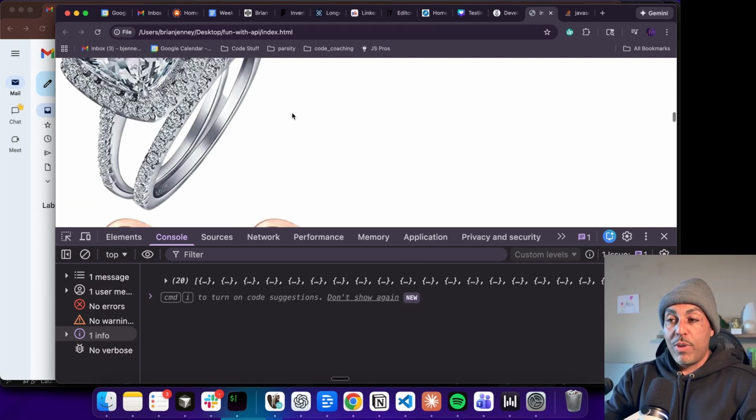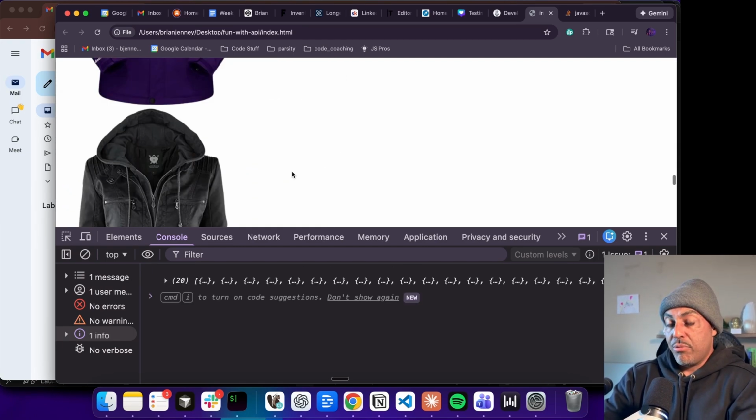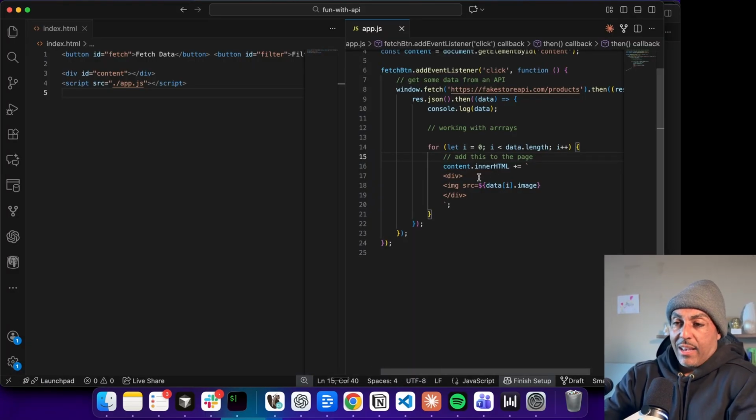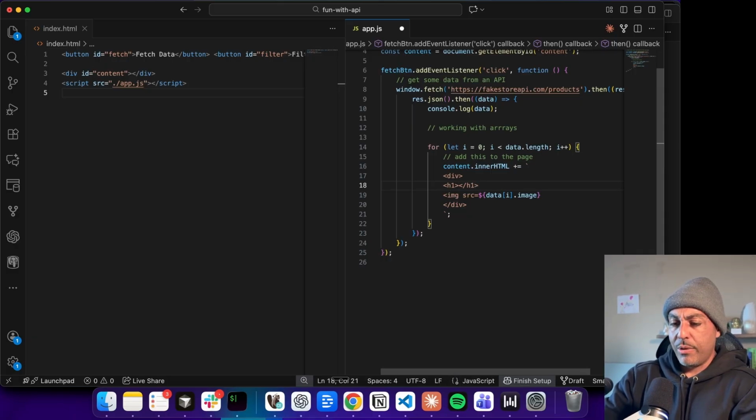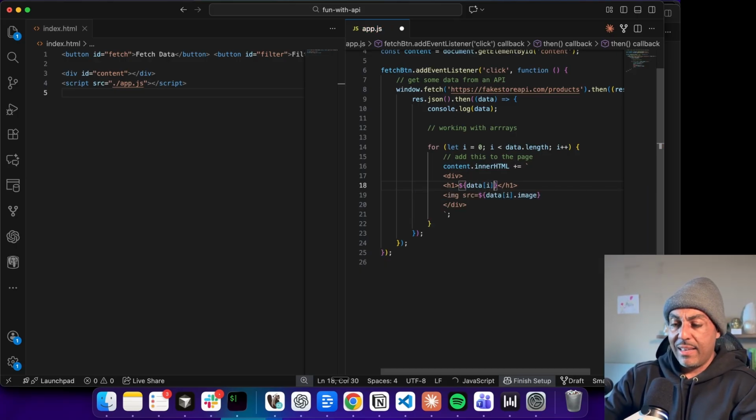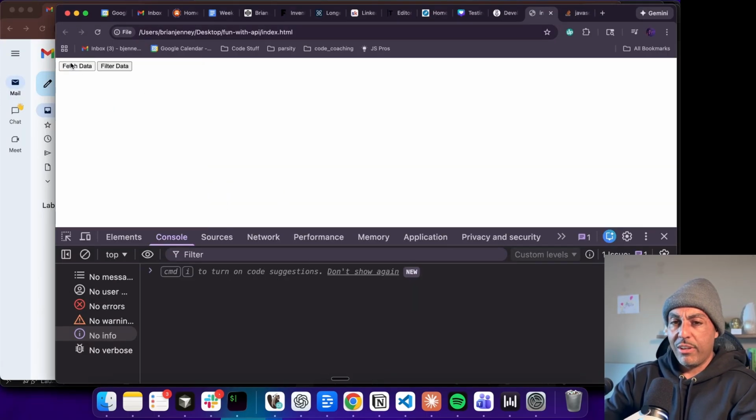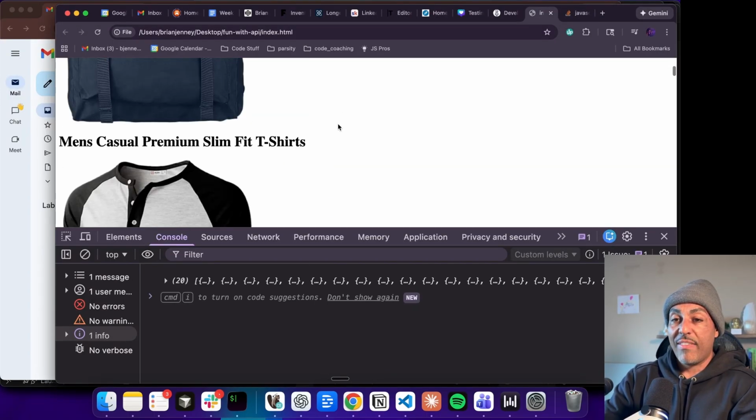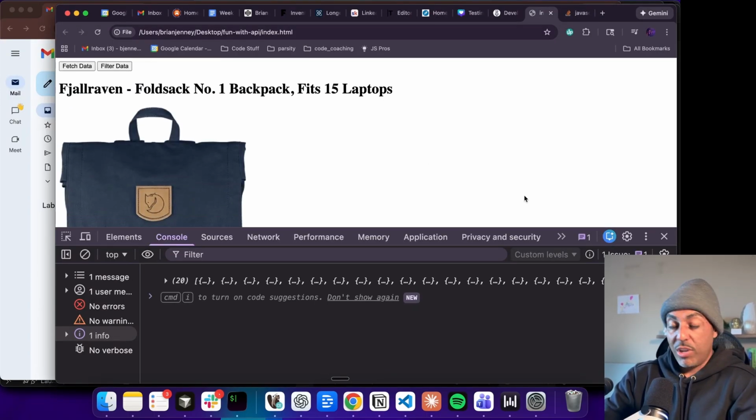And now we actually have something that looks pretty decent here. So we can go back and add maybe an H1 or something like that. And then in here, we use the dollar sign and the two open brackets, which tells us we're writing some JavaScript, and we'll put data at index i dot title. I believe it's title. Now we'll go back, refresh, fetch data, and we have something that looks really ugly, but